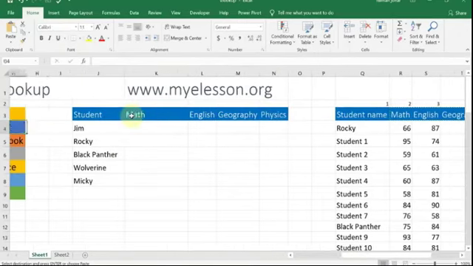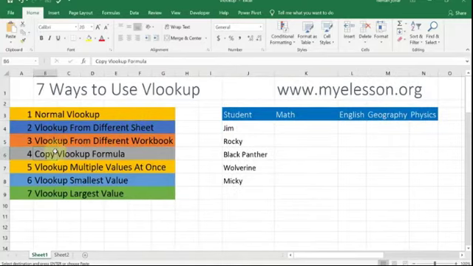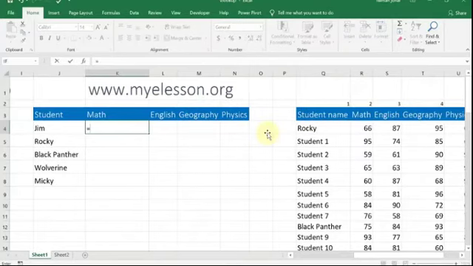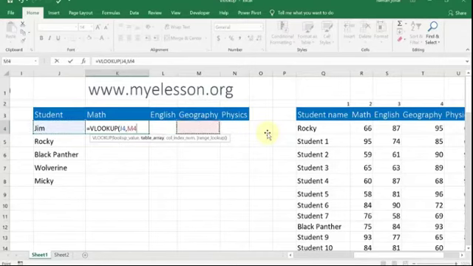Okay, for all these students. Now before that, let me tell you how to copy the VLOOKUP formula. That's very important, right? So to copy VLOOKUP, you have to keep a few things in mind. Let me show you.